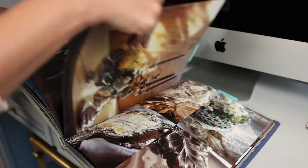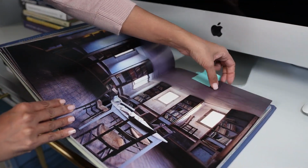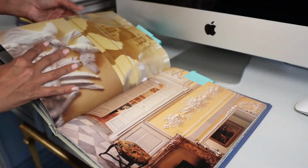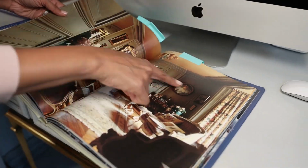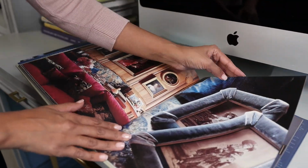that I want to explore in my projects. So to do this, I simply head over to my local bookstore, or of course you can do this on an online platform as well, and look for an interior design or architecture book about the style that you want to explore. Now, the next way I love to work on vision boarding my next project is by